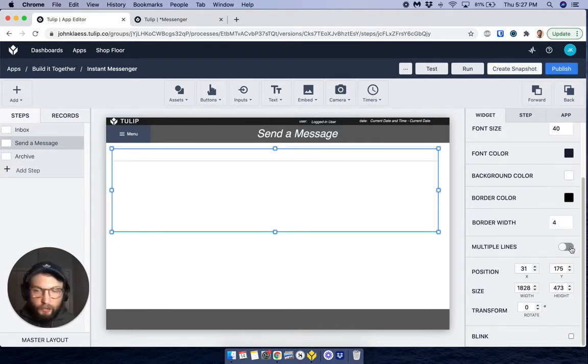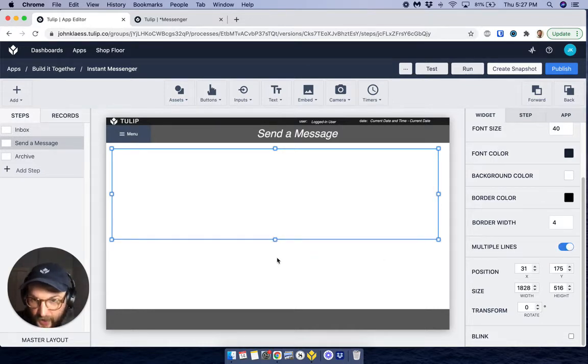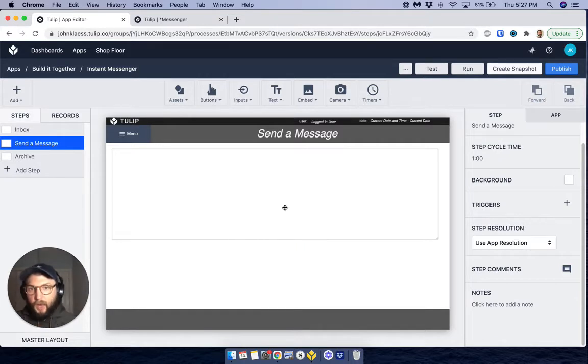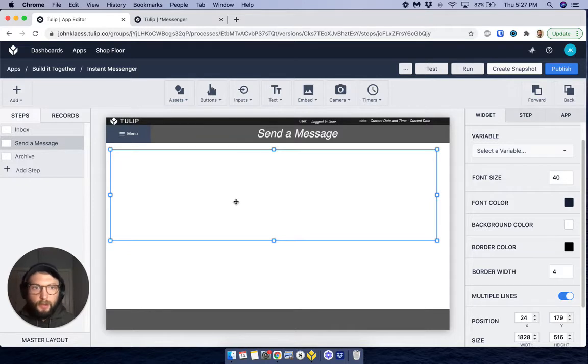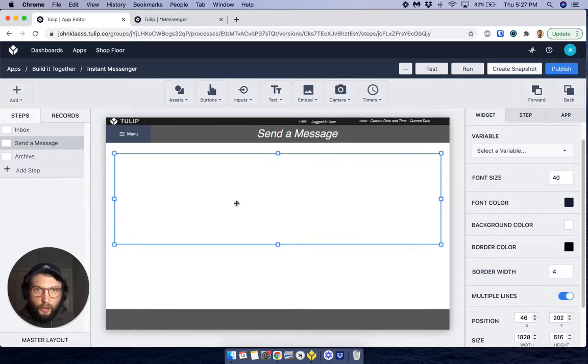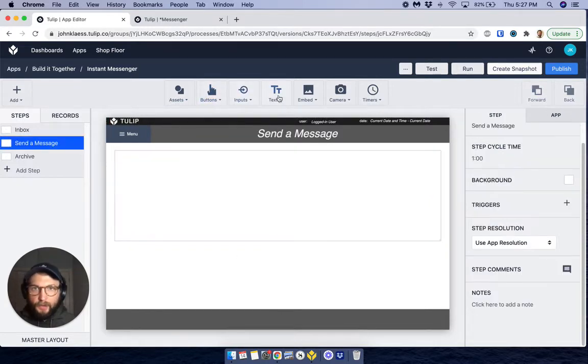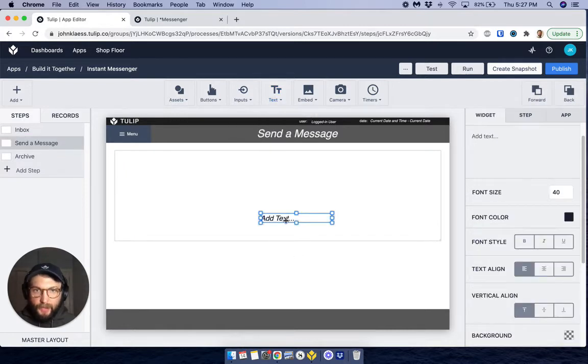come down here. We'll go to this little toggle over here to multiple lines and put that on. And this will allow our input to be basically the size of the box we've dragged down. And then from here, we just need to add a couple little extra details. Okay, so we will add some text that says